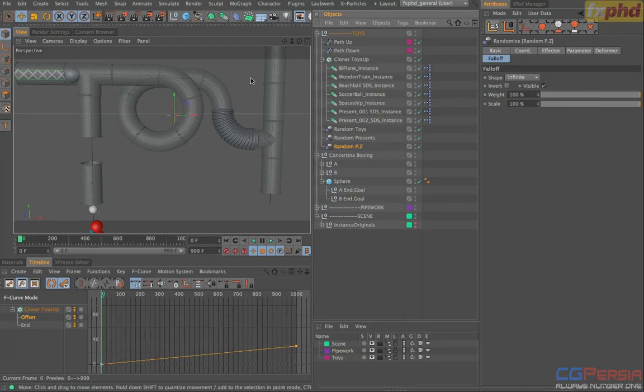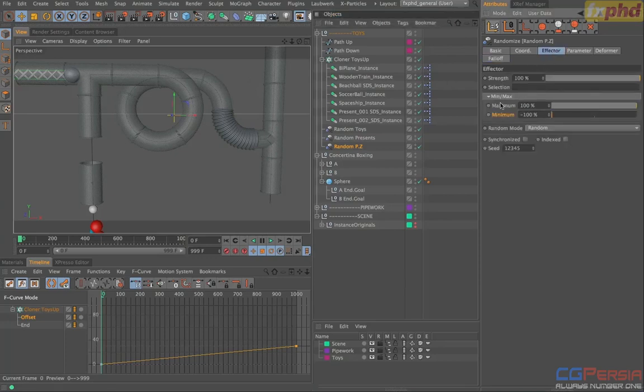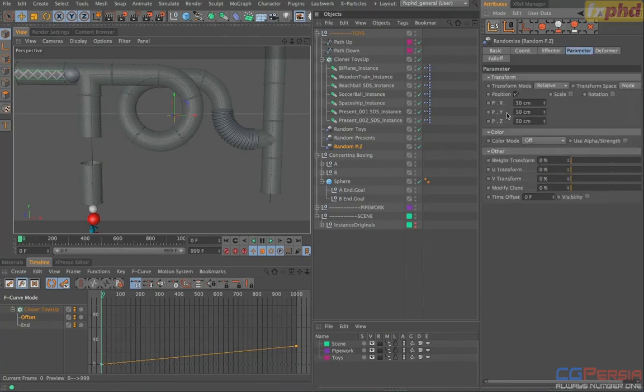So what I'm going to do first of all is switch to the effector tab. Let's set the random mode to be noise. Okay, and let's just slow that speed down to about 50. Switch to the parameter tab, and I'm going to set the X and Y positions to be 0, and let's set the Z to be, say, 150. And now if we press play, you can see you get this funky movement as they kind of move backwards and forwards,